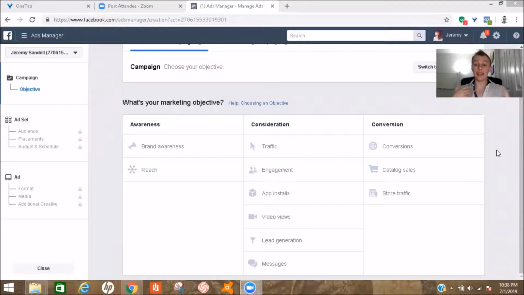So what I'm going to do is share my screen with you right now. There we go. Pull this up. Okay, perfect. So now look, what you're looking at right now is the back end of Facebook. This is Facebook Ads Manager. If you have never run an advertisement before on Facebook, you go to